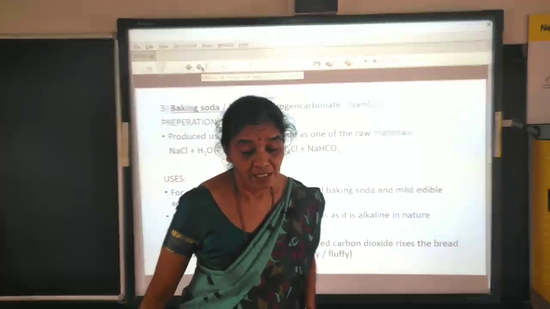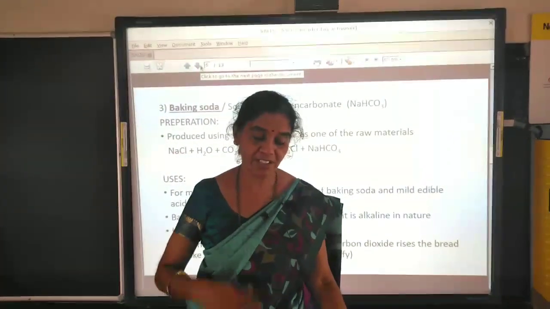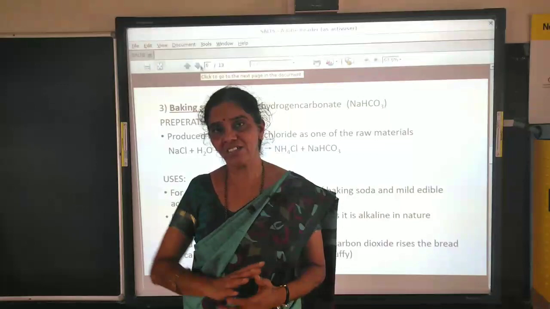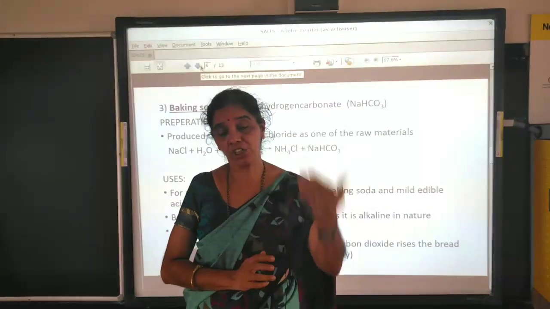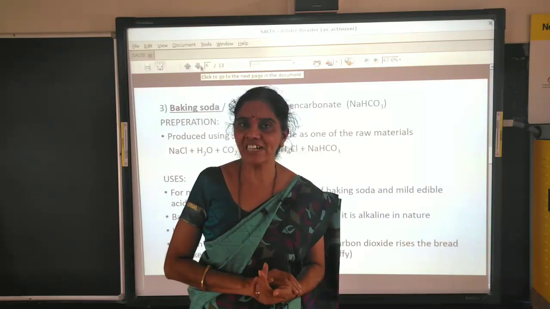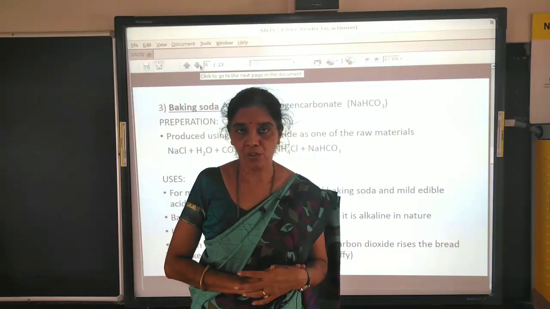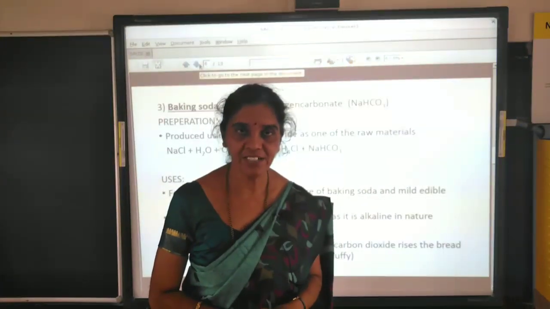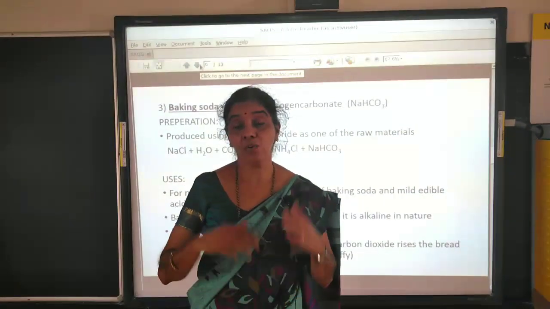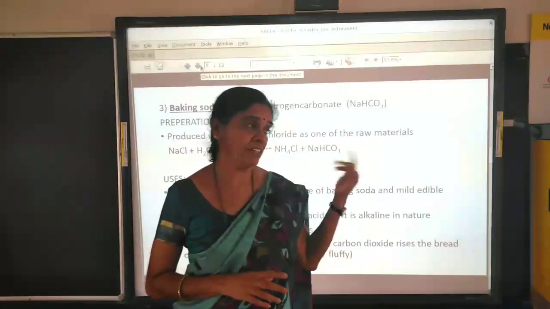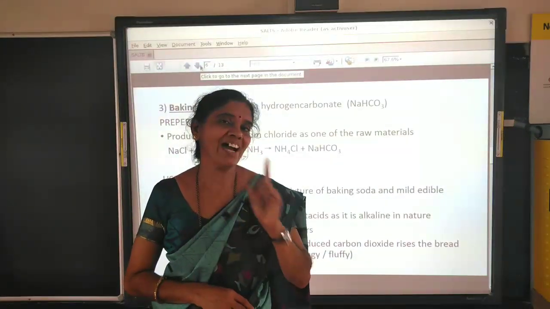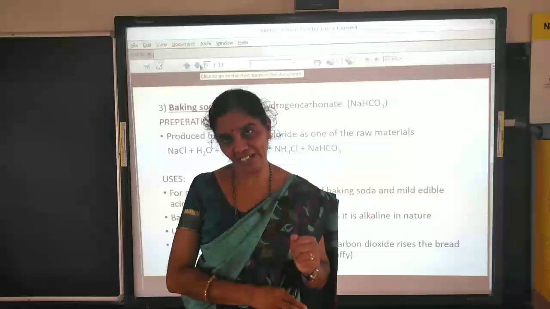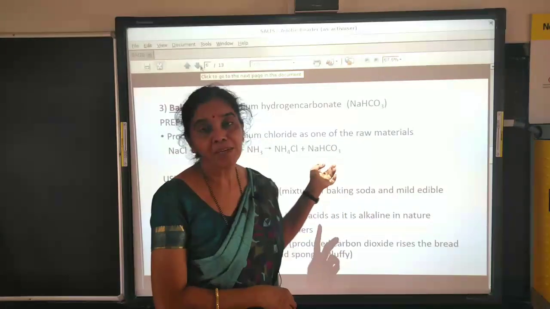And fire extinguisher. There are different types of fire extinguisher. As the name says, fire extinguisher. Sometimes due to accidental cases in the home, or short circuit, or leakage of gases, a fire may take place. Now, if it is small scale in the home or the school, we will use the fire extinguisher, right? First, then we will call the others. Now, there are different types of fire extinguisher. One type is the soda acid type fire extinguisher. In that one, they will use baking soda.